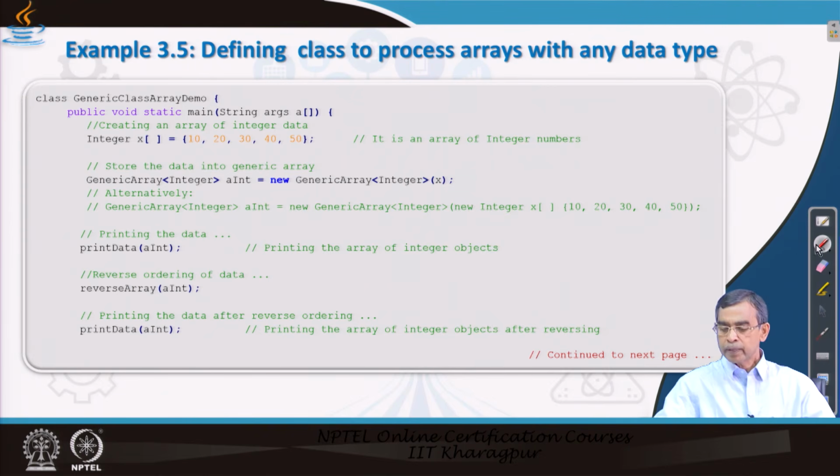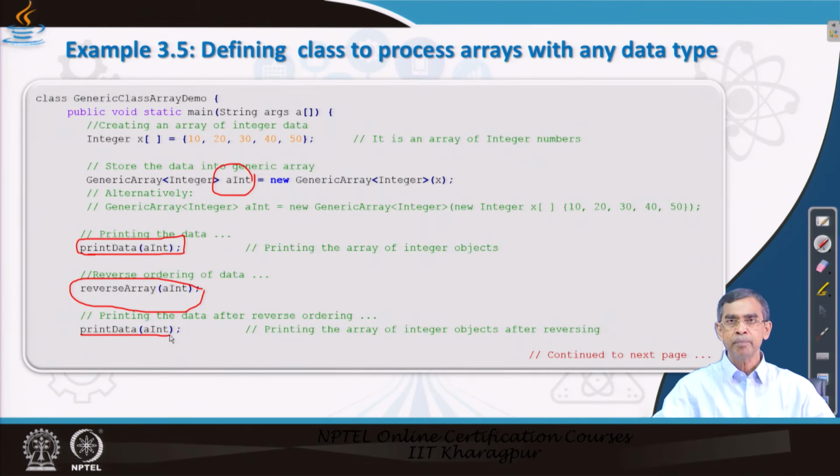Now, next, once this collection a int, a collection of array of type Integer, is created, we can pass this and then the print data method can be called and it prints all the elements in it. Reverse array is another method, we can pass this collection, that means the array of elements, and it can reverse the ordering. And finally again if you print the same, it will print the data in the reverse order. So, this works fine